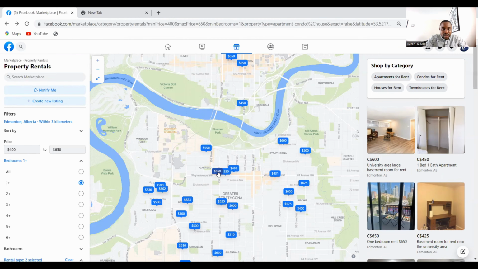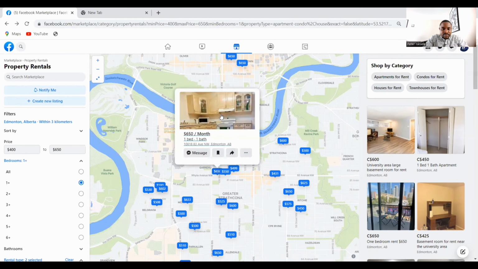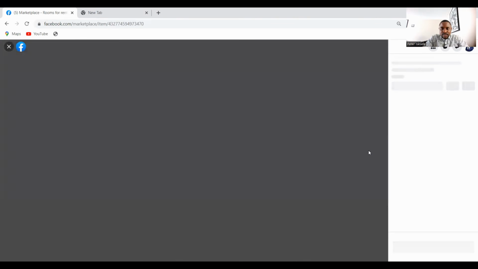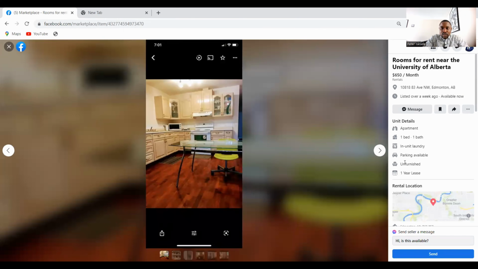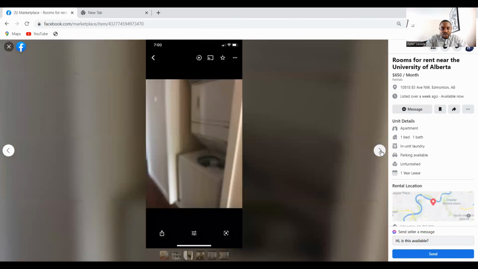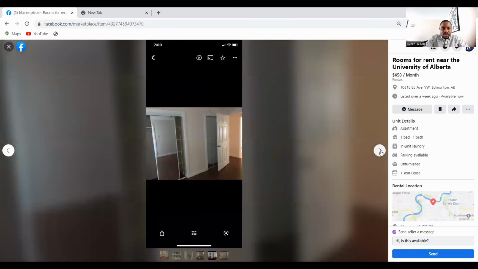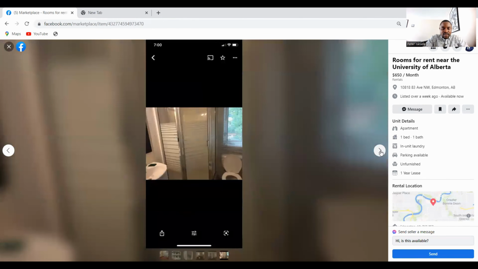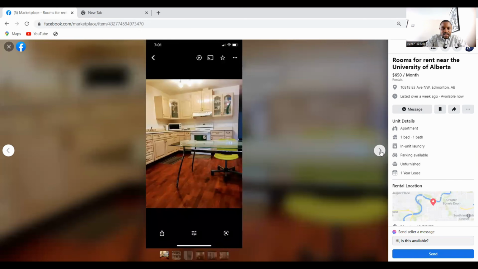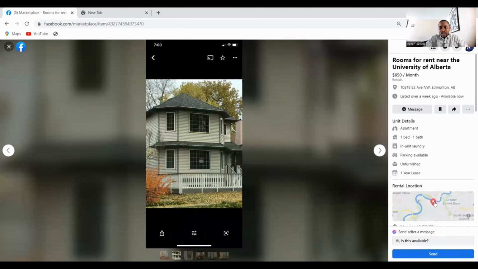When we click on this, it tells us this is actually unfurnished, right? And then you can see the house. You can see where the washing machine is, and I think this might be the room, and this is the washroom, and then the kitchen area. If you like the place, same thing: reach out to the person. And if you want to double check the distance, just copy the particular address